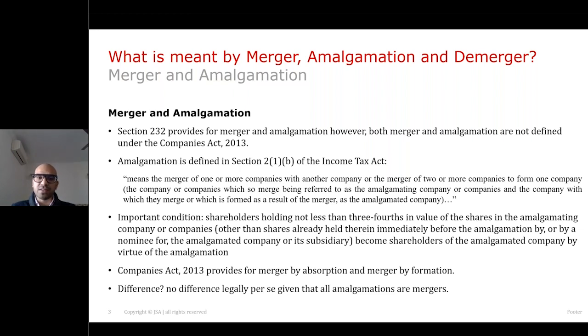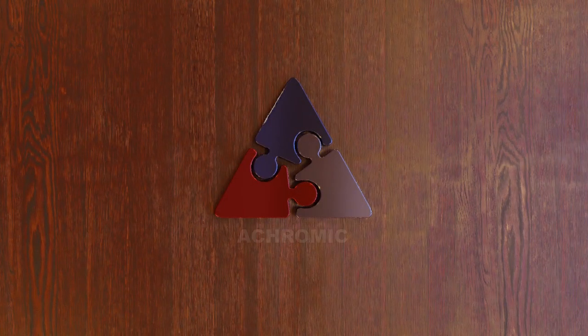And just to make a scheme a tax effective scheme or tax neutral scheme, as we call it, the amalgamation as provided in the Income Tax Act, along with the condition, and the most important condition being that the shareholders of the merging company, that would be in the example of A and B merging into A, is that shareholders of B should definitely get shares in A. That would actually be an amalgamation under the Income Tax Act.